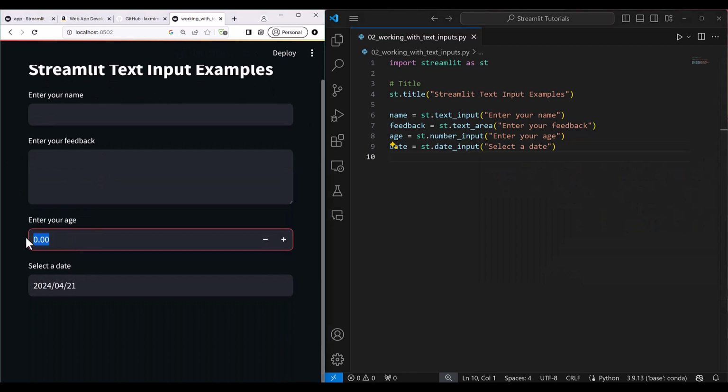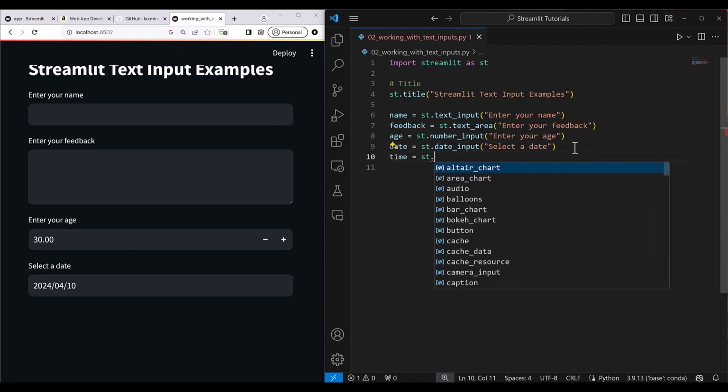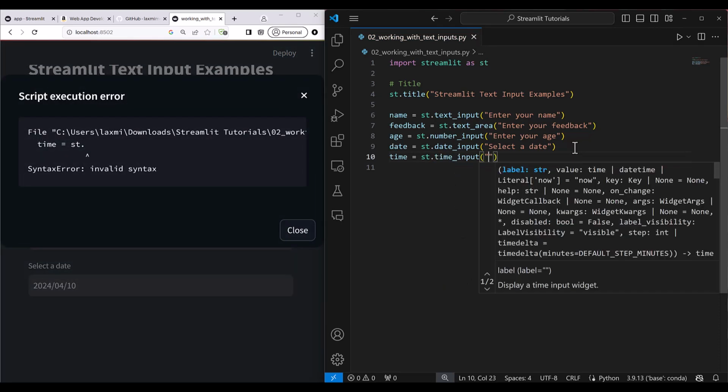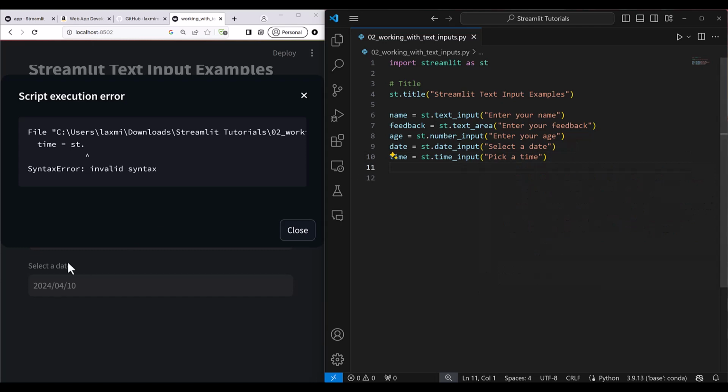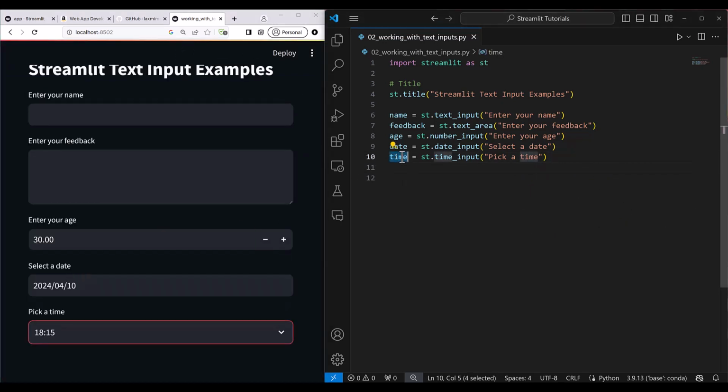So in this age I can write a 30-year age, and then you can select any of these dates. The value of these dates is returned in this variable, whatever I select there. Let's go ahead and return the time as well. So I write here st.time_input, and then I say here pick time. Now whatever time I select here will be stored in this time